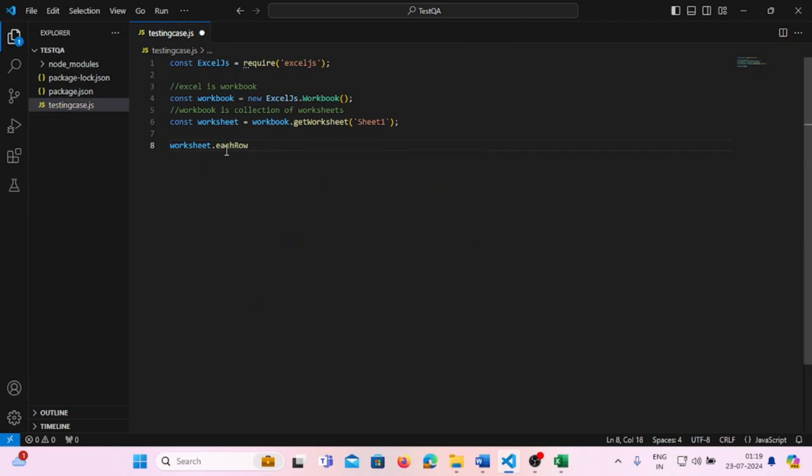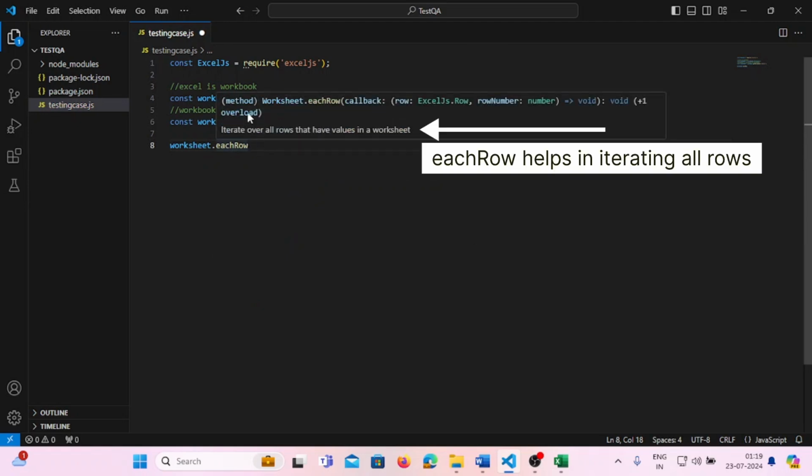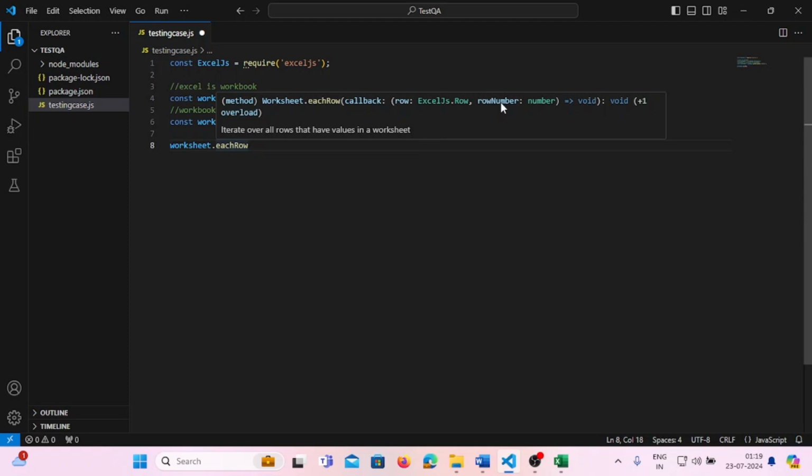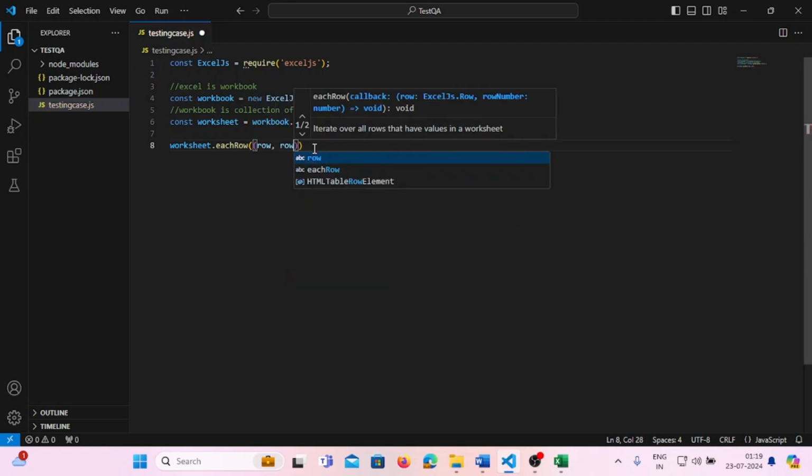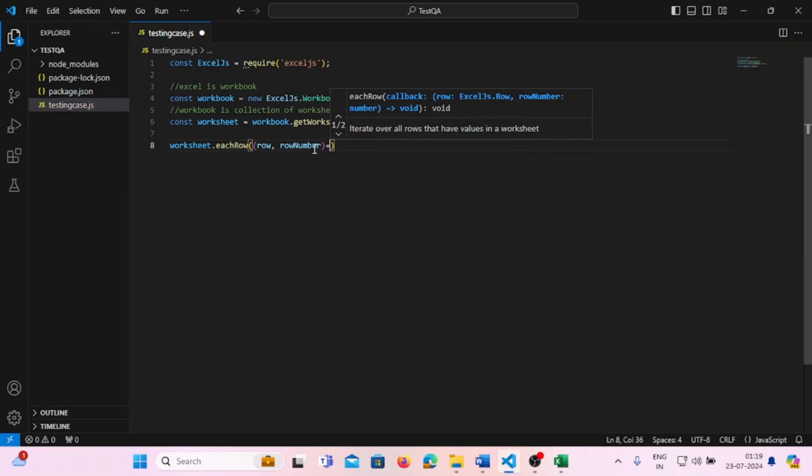When you hover your mouse on each row, it is suggesting us to write down row and row number inside as an argument and then use the function. So everything is auto suggestive, you don't need to memorize anything. Just use that row and row number. Give the function here,